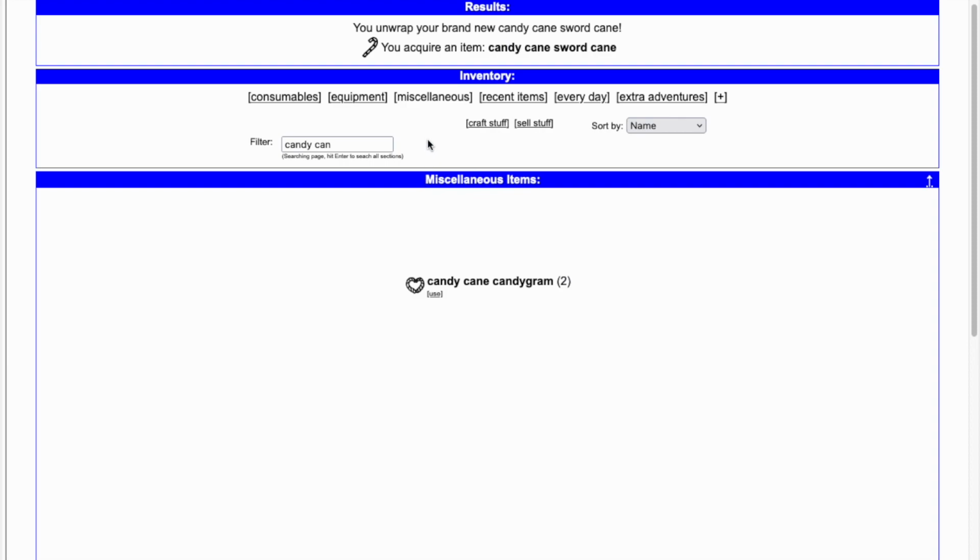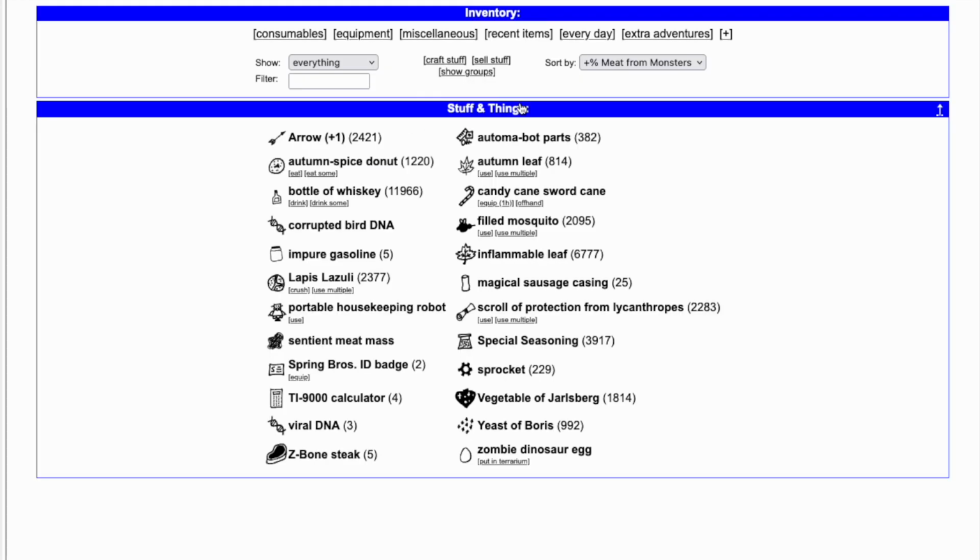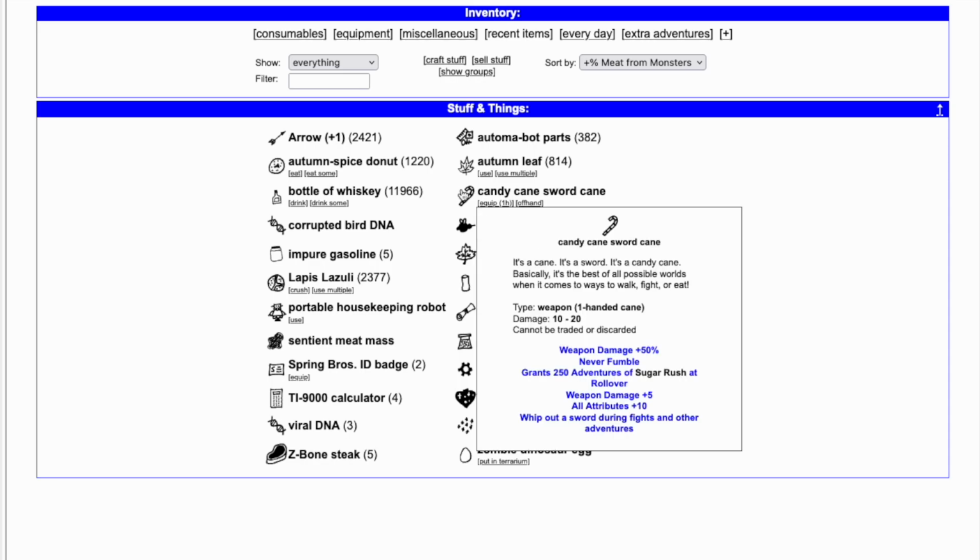You unwrap your brand new candy cane sword cane. You acquire an item, candy cane sword cane. Alright. Candy cane sword cane. It is a cane, a sword. It's a candy cane. Basically, it's the best of all possible worlds when it comes to ways to walk, fight,